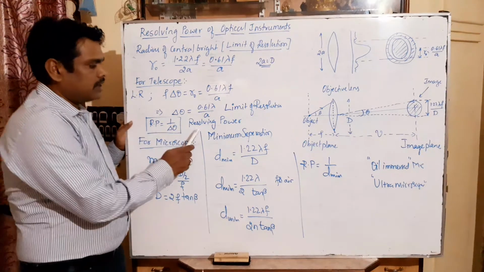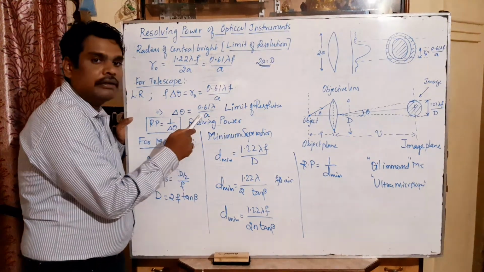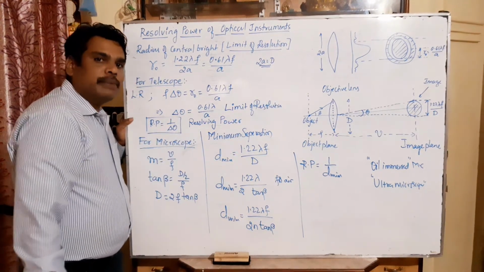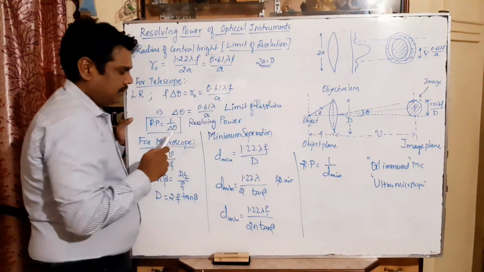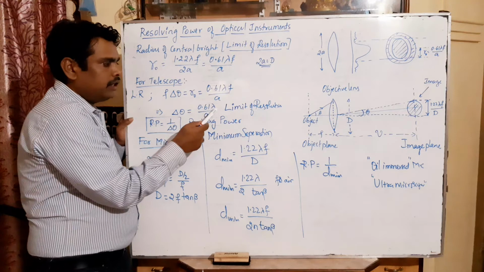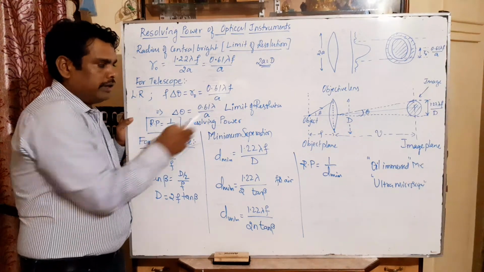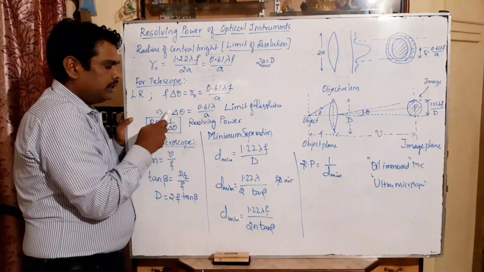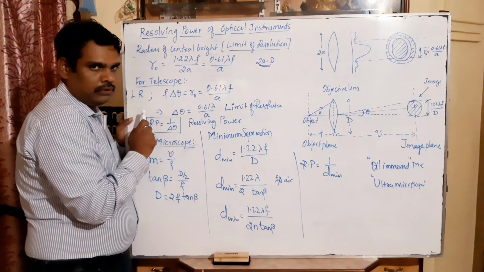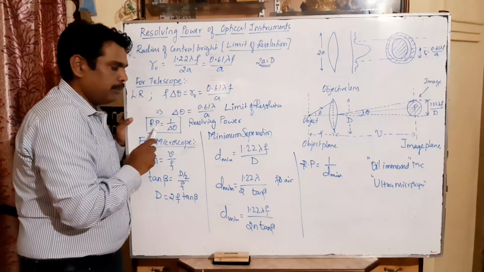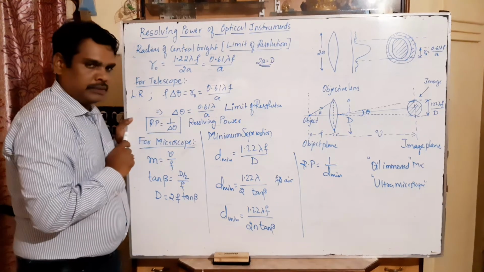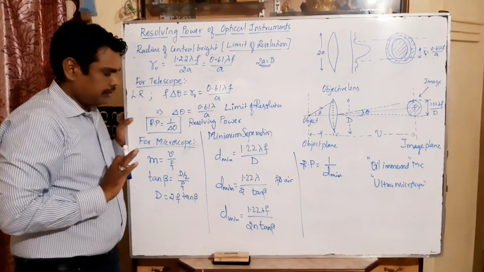On what factors does the resolving power depend? It depends on the radius, or we can say the diameter of the aperture, so the diameter of this convex lens. The second one is the wavelength of light used. If it is a longer wavelength, delta theta increases. But what about resolving power? It decreases. Clear? Because the definition of resolving power of telescope is the reciprocal of limit of resolution. I think there is no confusion here.